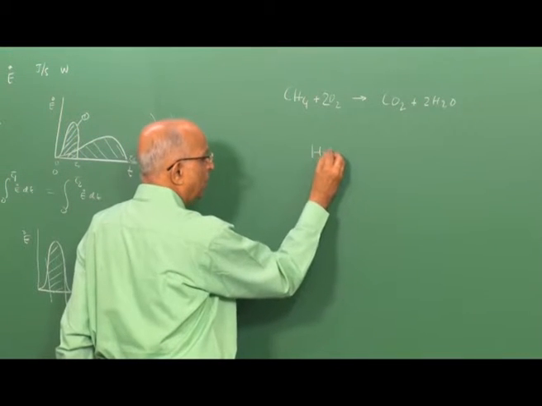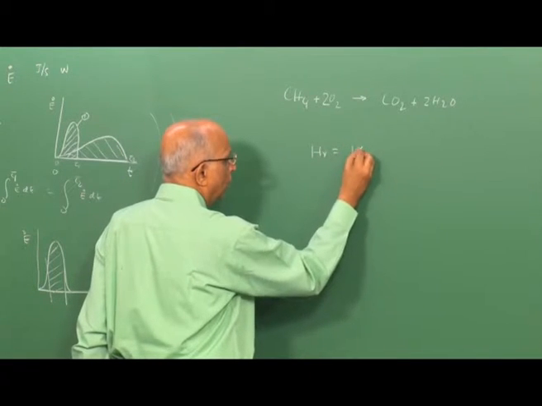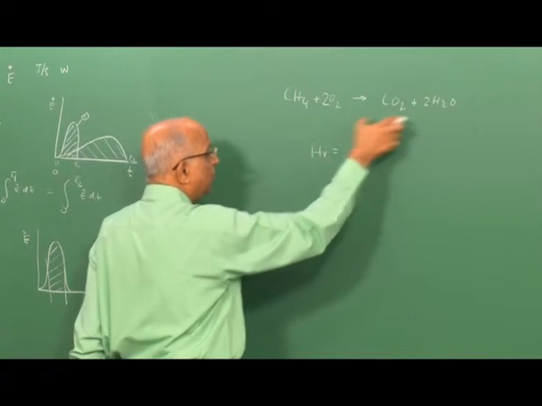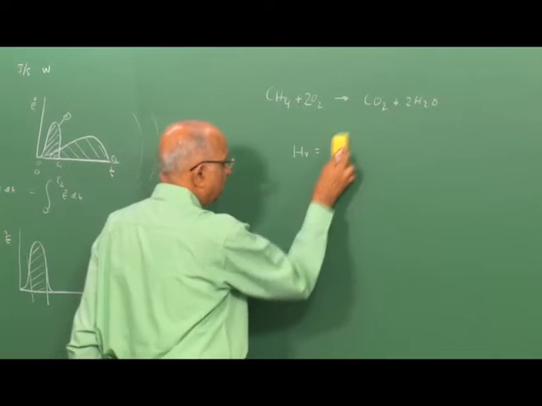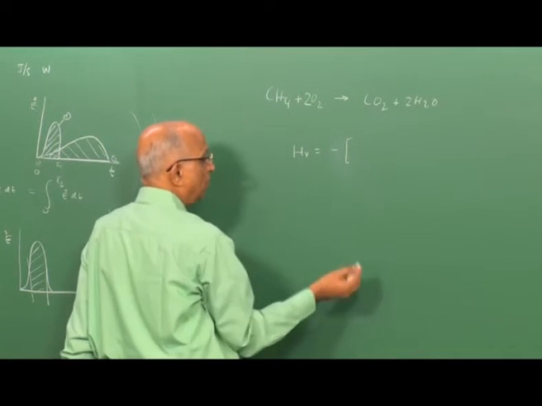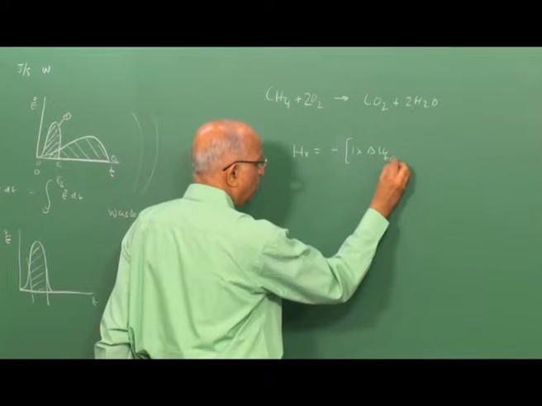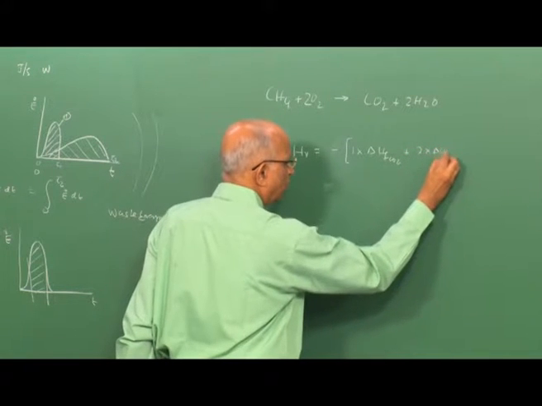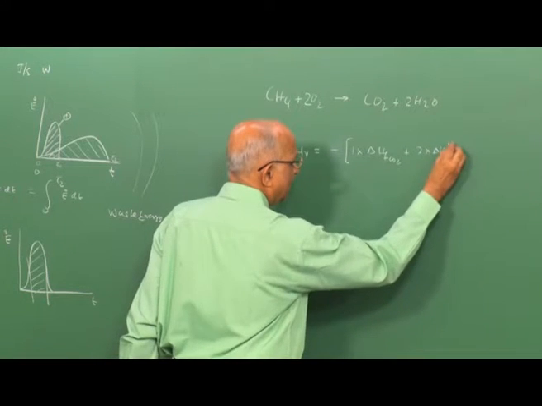We say, well, heat of reaction is equal to 1 into... we found that if the products have a lower heat of formation compared to this, energy is released, and therefore I should have started with a minus sign. I am looking for a decrease such that the energy release is positive: 1 into heat of formation of CO2 plus 2 into heat of formation of water at the standard condition